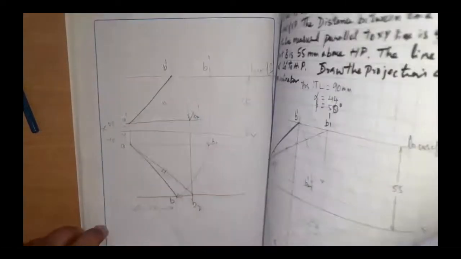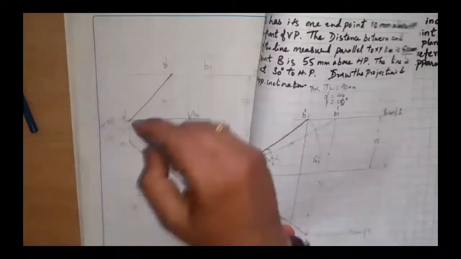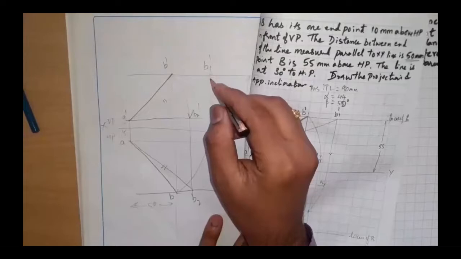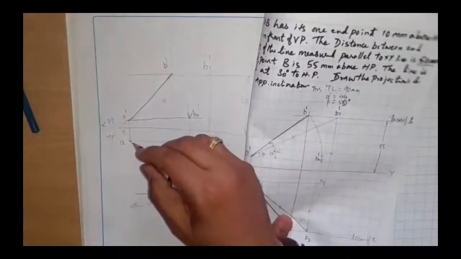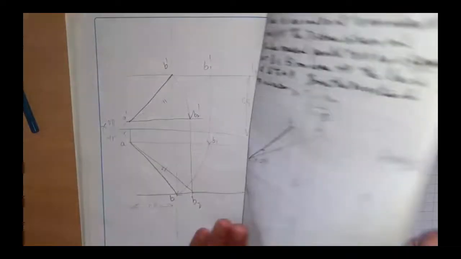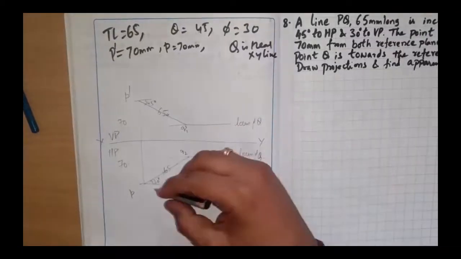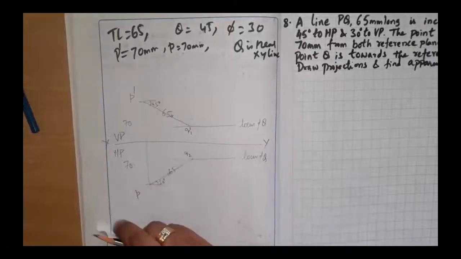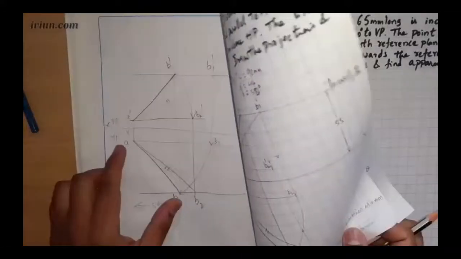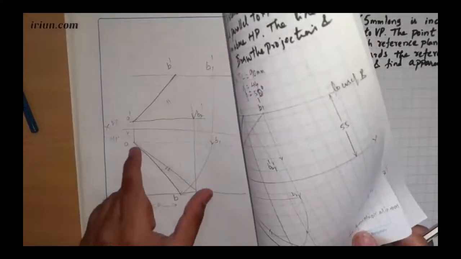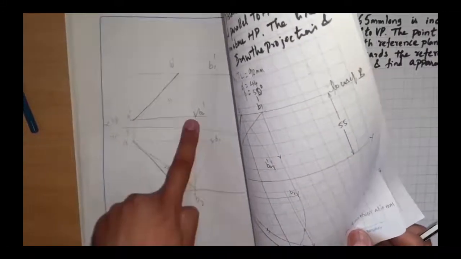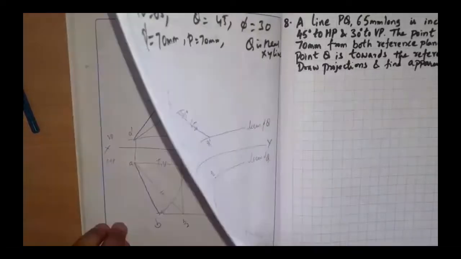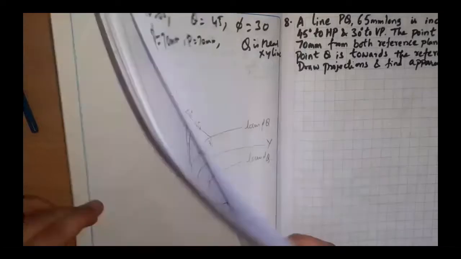See, in the previous problems, whenever you draw the true length, A dash B1 dash is projected towards the horizontal plane till the point of rotation of A B1. So same way we are going to do it here. In top view also, this true length A B2 was projected till the point of rotation A. That is B2, you are picking up and placing it till here. Or you can see the first problem, or any problem you consider.